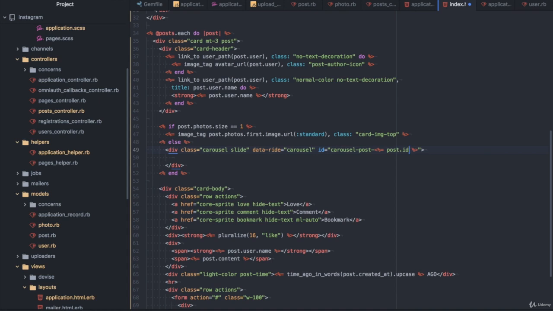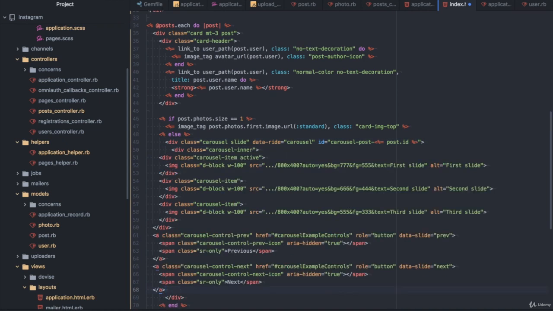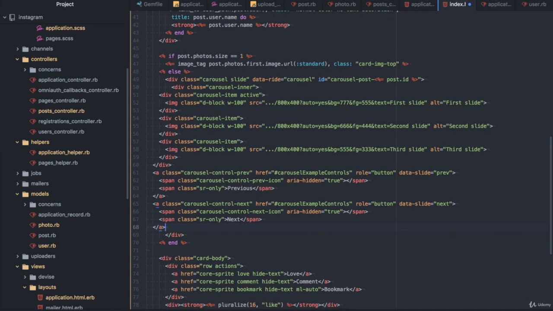So in this case, we have carousel post 1 for the post with ID 1, for example, and for another post ID, we have carousel post 2, 3, or 4 or something. So that will make this ID unique. And inside here, let's paste what we just copied previously, and